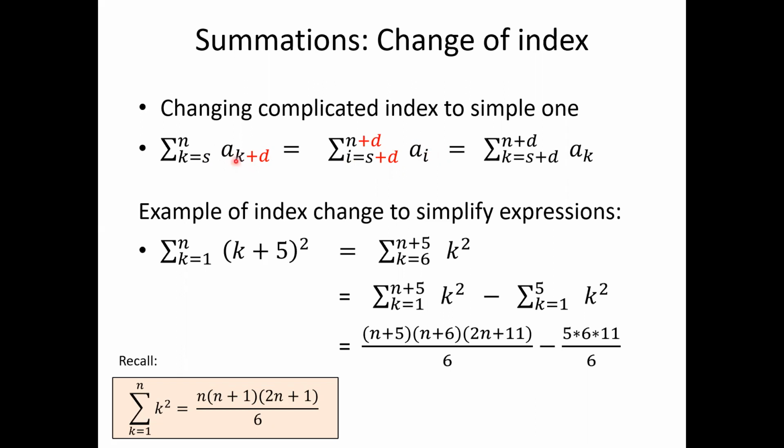I is an element of a sequence, I equals k plus d. And therefore, if k started as s, then I must start at s plus d, right? Because I is k plus d, and the first k is s. So the first I is s plus d. If I is k plus d and the last k is n, then the last I is n plus d. So therefore, this sequence can be rewritten this way, and perhaps it's nice because you have an easier closed formula, or a closed formula that you recognize, or a closed formula for which you know